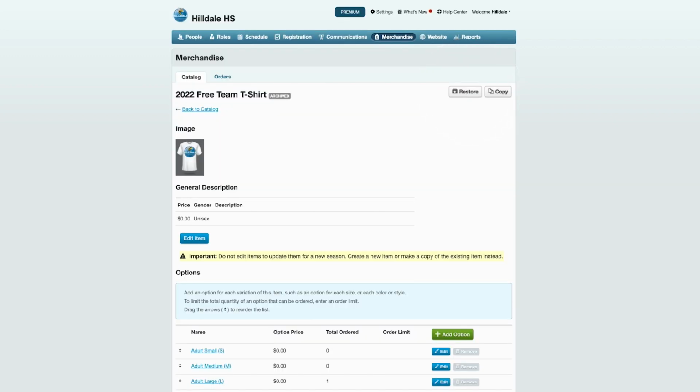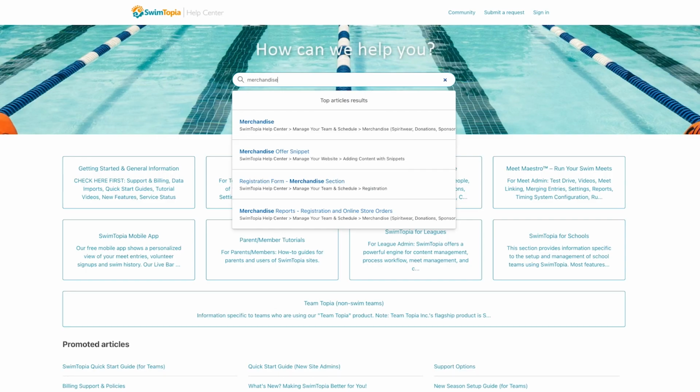Archived items won't be an option when setting up merchandise and registration or on your team store. And any place those items are currently in use, they will automatically be removed. If you unarchive the item, it will return to the same location. Archiving an item will not remove its information from merchandise reports, and you will still have access to any data regarding those purchases. For more information on managing your merchandise, please visit our help center at